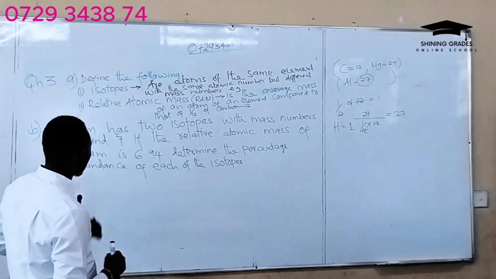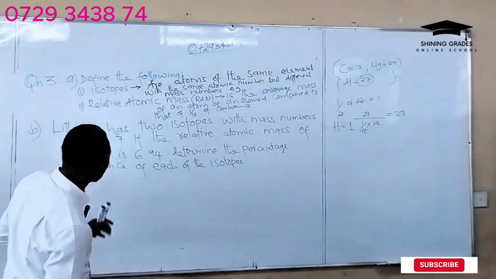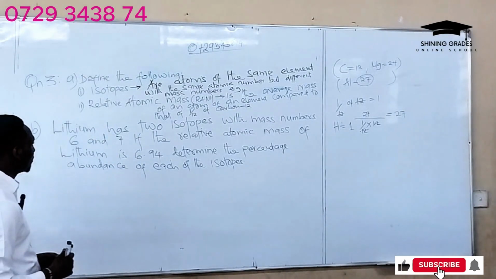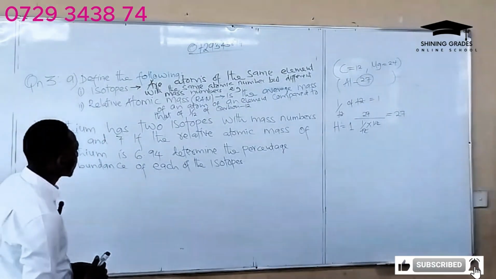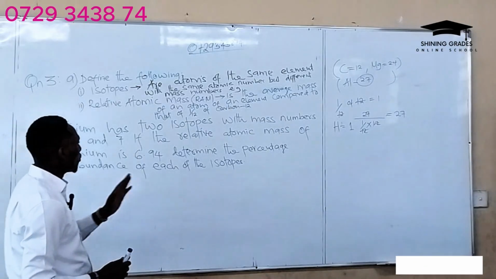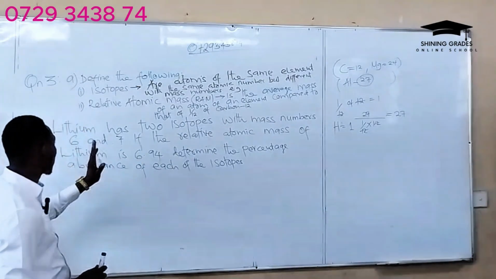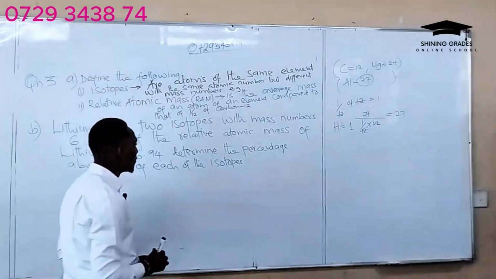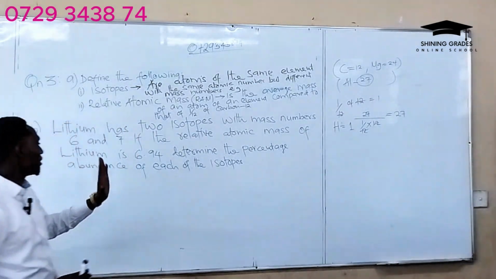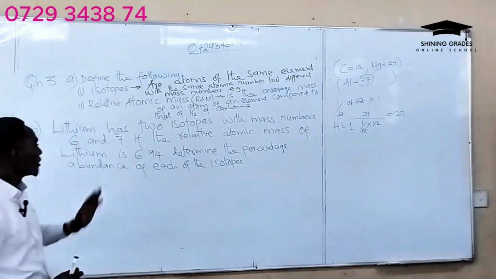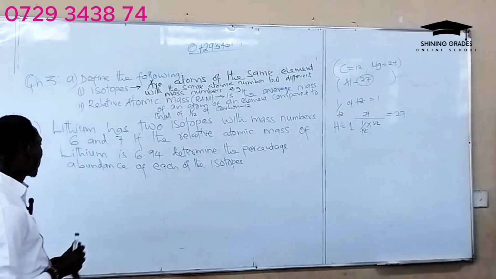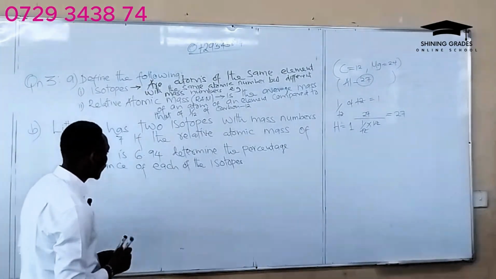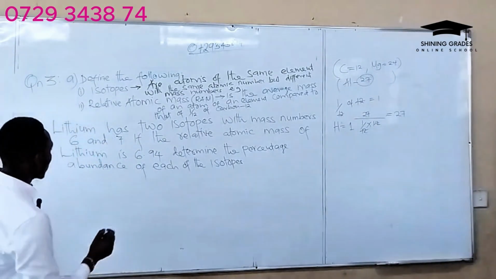Moving to the next question. Lithium has two isotopes with mass numbers 6 and 7. If the relative atomic mass of lithium is 6.94, determine the percentage abundance of each of the isotopes. So solution,